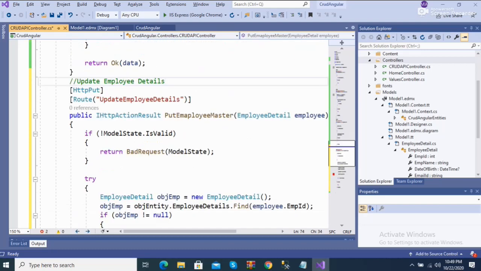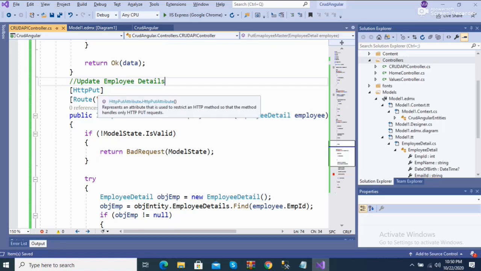Here I add the UpdateEmployeeDetails. If you want to update the record of an employee which exists in the database, you just need to add this code and make the route for UpdateEmployeeDetails. This is the HttpPut request filter, and Put works like an update.